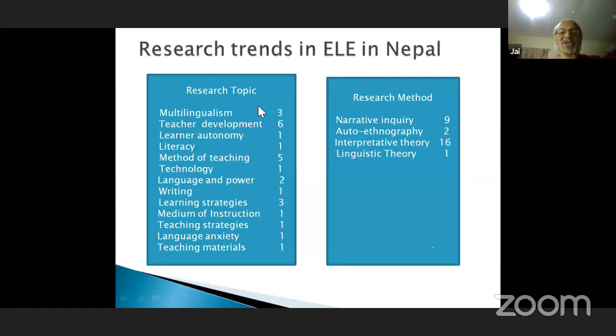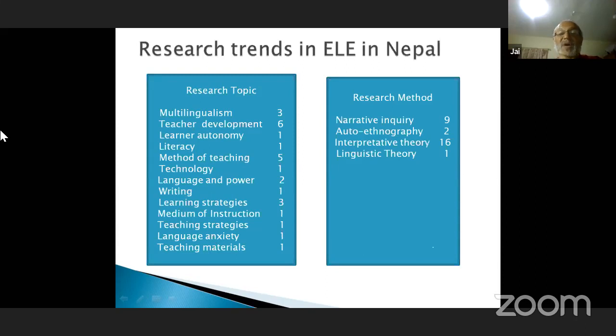Look at the research topics: multilingualism 3, teacher education 6, learner autonomy 1, literacy 1, method of teaching 5, technology integrated language teaching 1, language and power 2, writing 1, learning strategies 3, medium of instruction 1, teaching strategies 1, language anxiety 1,